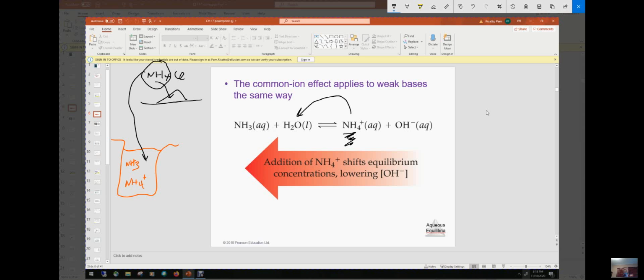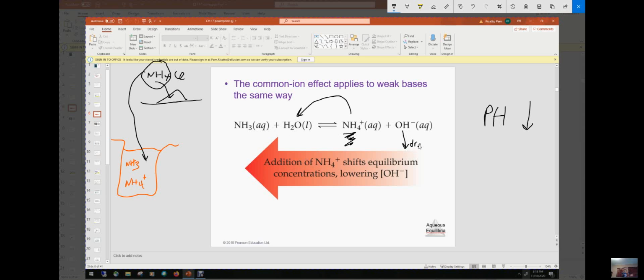So that would mean that the pH of the solution, right, is going to go down because there's going to be less hydroxide in it, right? Whenever the hydrogen ions are greater, that's when the pH of the solution is going to go down. So the pH would go down because this guy, right, this guy is going down. So when this guy goes down, the pH of the solution goes down. This is going to drop,